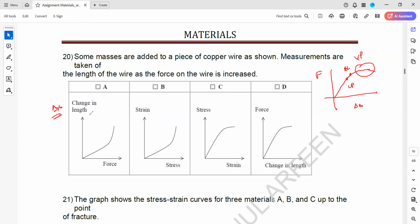So when we check this graph, change in length and force, we are increasing the force, and the change in length or extension is also increasing. So for a very small change in force, there's a greater change. But when we plot these quantities, either A can be an answer, like A is not wrong. What about